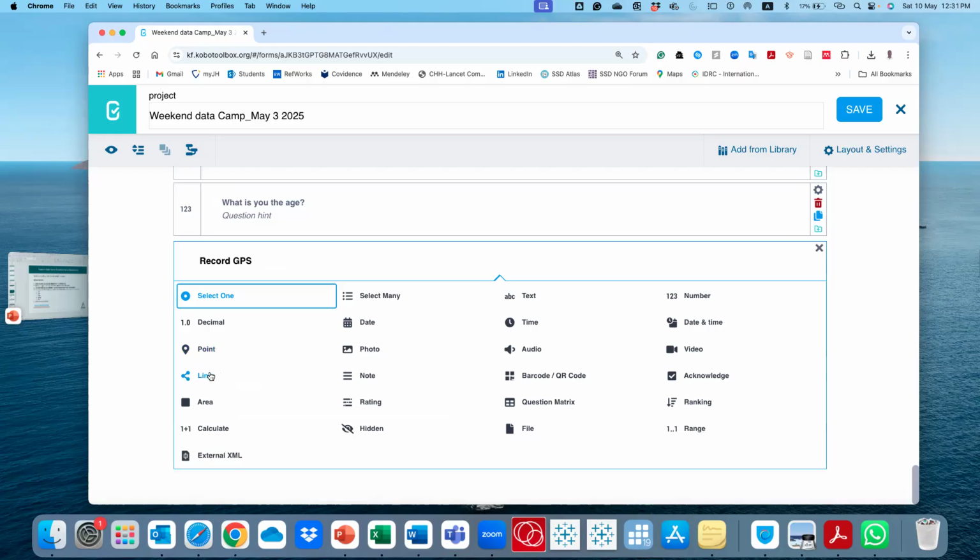And later on you can map this up, like in GIS, stuff like that. And then if you want an area, like a plot of land, then you can do this. If you like a round area or a field, a playing field, you want to get the coordinates of a playing field, you use this. But in most cases, if you're doing households, you just need a point, where that household is located.